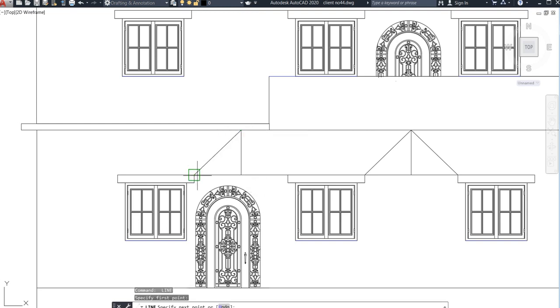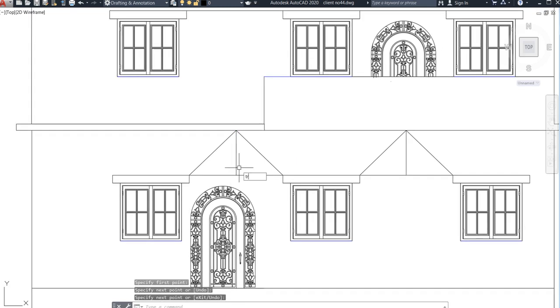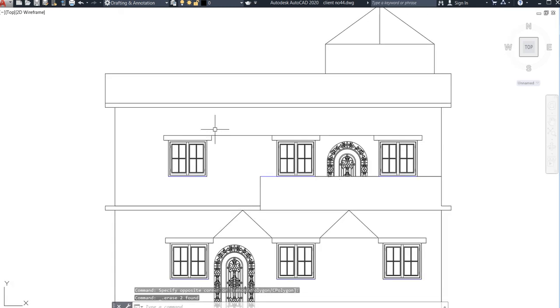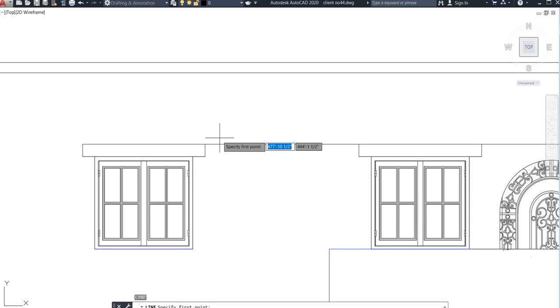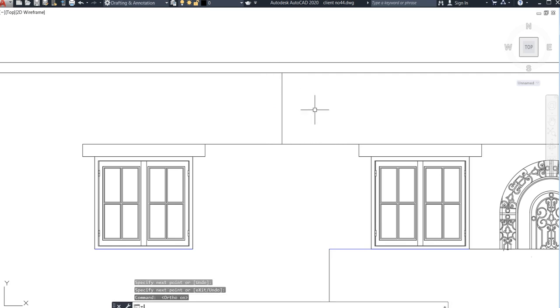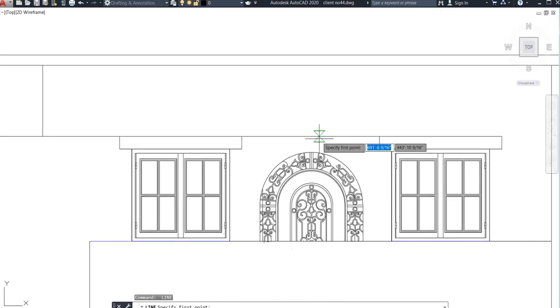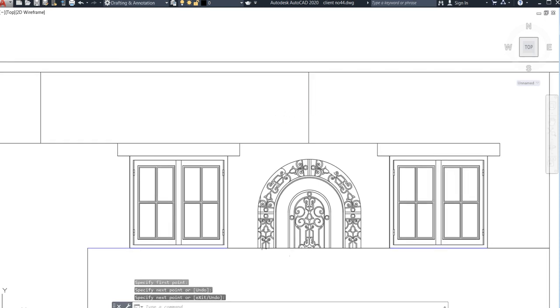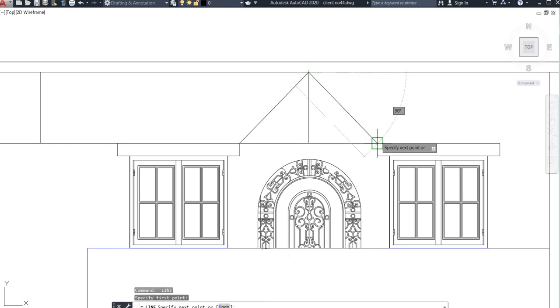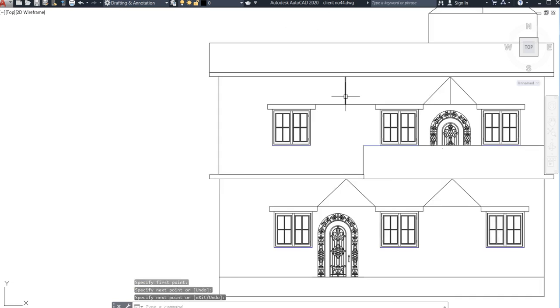Go to this corner, again go to this corner, now go for here, just do it this way, just trim it. So here also we need to do the same, go for line, see this is the middle. For this we need to turn on our ortho, because the snap mode will tell you everything. Go for line command, just see if there are any difficulties. I don't think you would find any kind of difficulties.